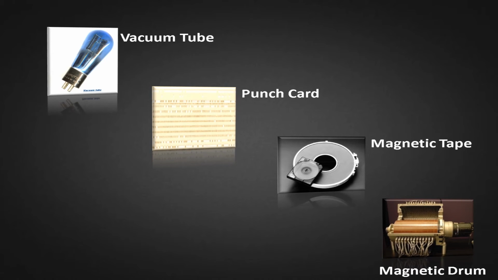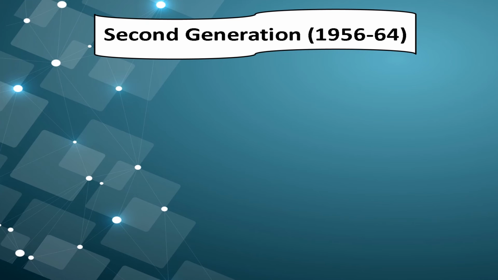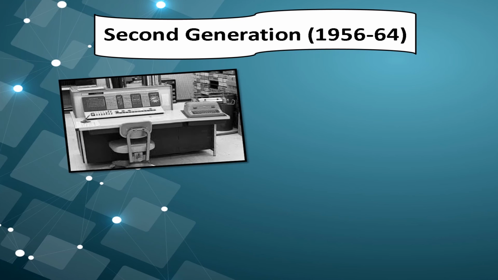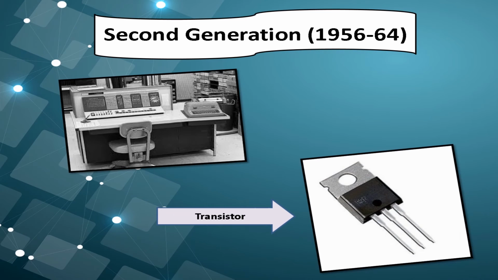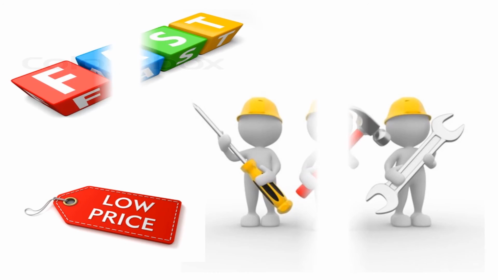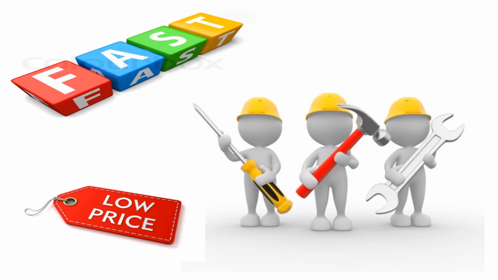After the first generation computers, second generation computers were launched in 1956. This generation substituted the vacuum tubes with transistors. These were cheaper, consumed less power, were more compact in size, more reliable, and faster than the first generation machines. But for these systems, more cooling area and constant maintenance was required. Because of these reasons,